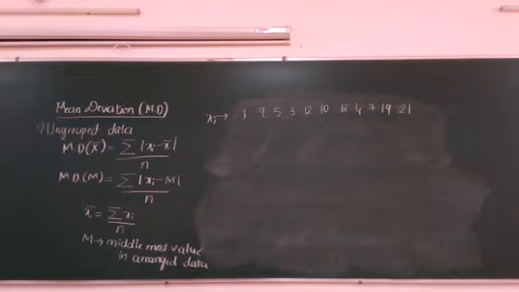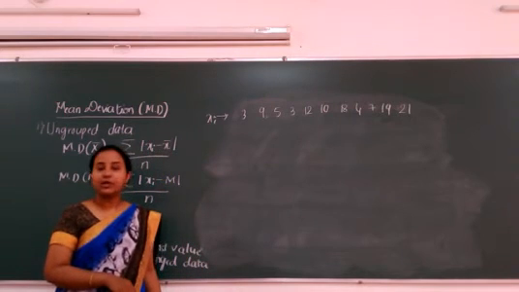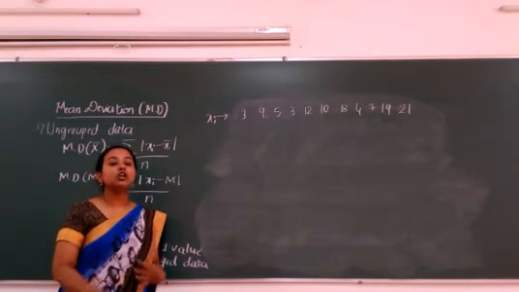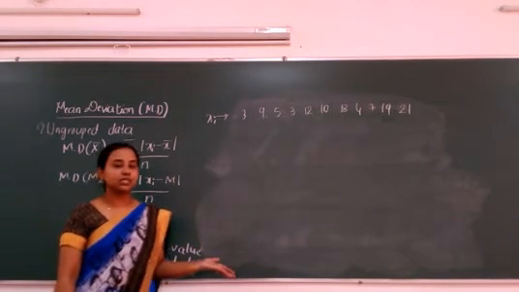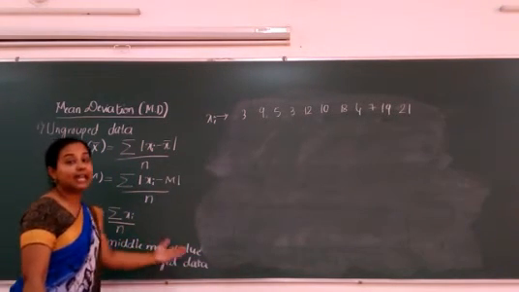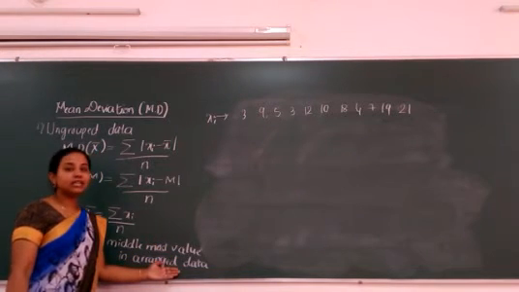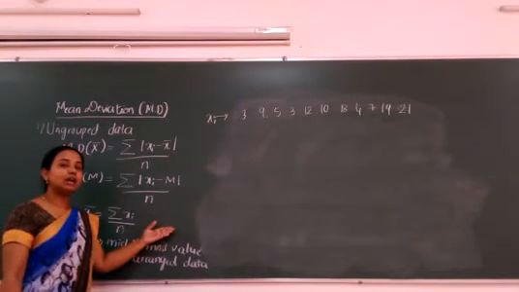So now on the board you can see, students, we have considered an example wherein x's are given, that is 3, 9, 5, 3, 12, 10, 18, 4, 7, 19, 21. So here we will find the mean deviation about median. As we have just got to know, to calculate the mean deviation about median, first we should know the median and then the remaining process. So what is our median for an ungrouped data? It is the middlemost value in arranged data. The very important thing here is arranged data. So first let us arrange the data and then we will go to the remaining part.